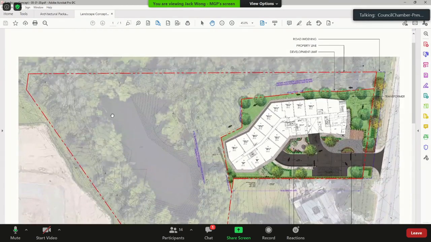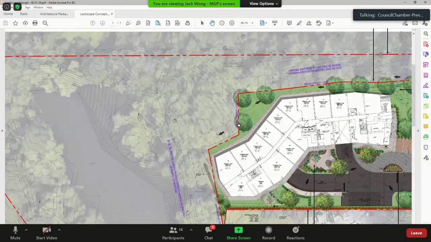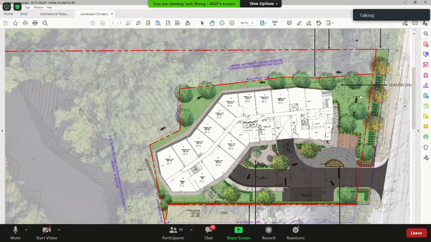Sorry, I didn't follow that comment. He said, Councillor, I believe, and Mr. Wong, you can correct me if I'm wrong, that all the landscaping, so all the green, is part of the outdoor amenity. Through Mr. Chair, that is correct. So landscaping is part of outdoor amenity, okay? Through Mr. Chair, and there's also a courtyard and planting and other passive recreational spaces that we are providing throughout the site. Councillor? Okay.